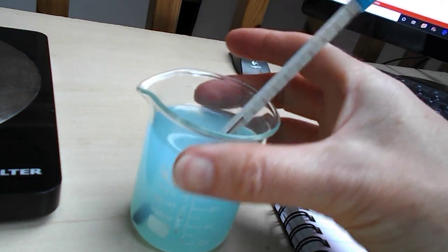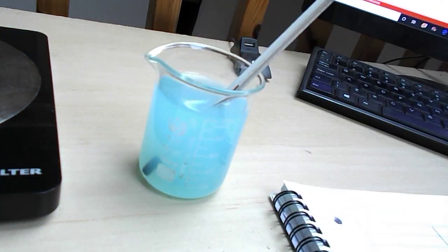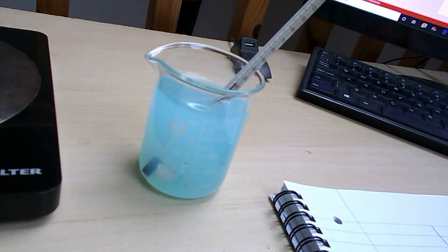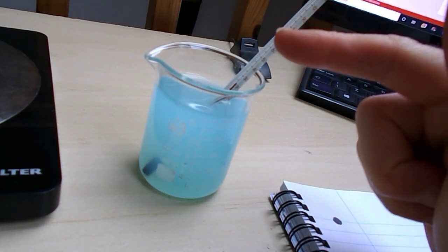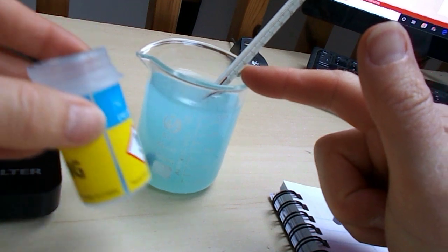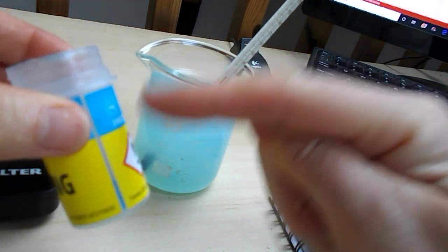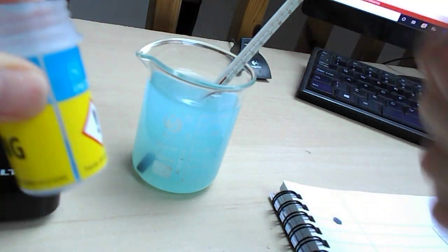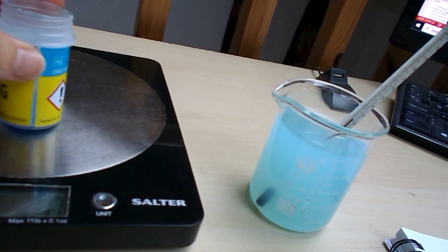Now, once you get to that part, as I was saying, I'm not quite there yet, but I don't want to waste all our copper sulphate. So we'll sort of pretend we're there at the moment. Once we get to that part, what we really want to know is how much we've actually dissolved in here. So we know how much the container and the copper sulphate weighed in the first place. So what we want to know is how much we've taken out of here. So if we then go and weigh it at the end,